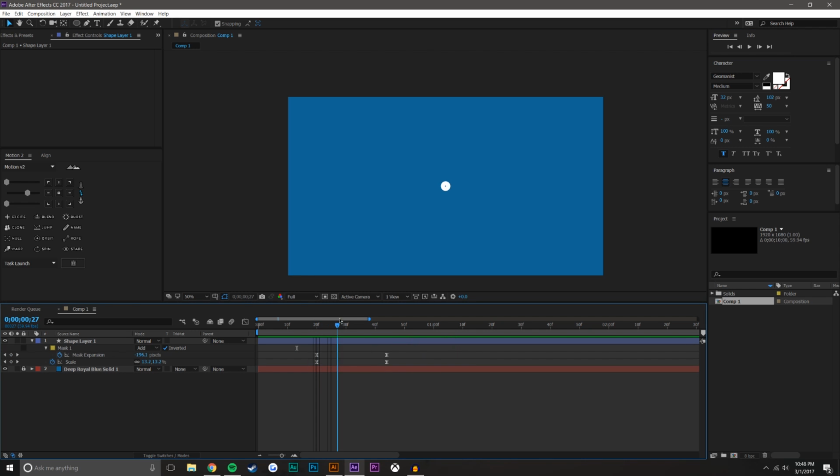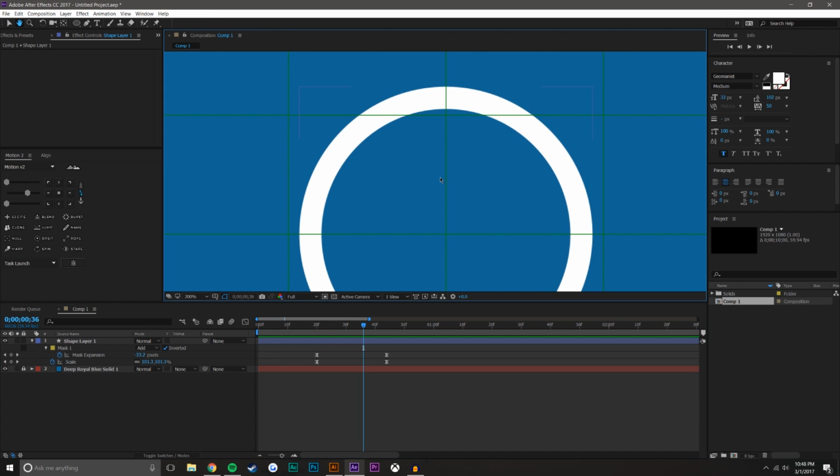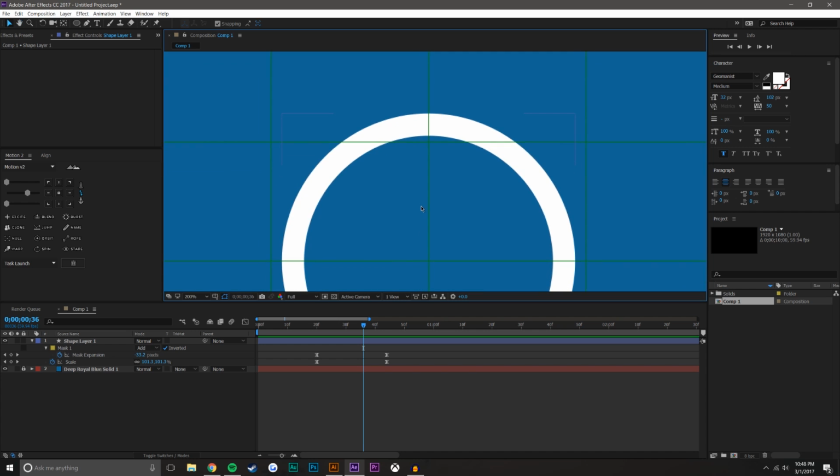So you can see there, it's just a quick little snapping little pop. And what's cool about this is you can do all kinds of different things with this, right? So you could overlay this on something else, or well, I'll just show you what overlaying it on something else looks like. So what I'm going to do is add a proportional grid, and for some odd reason, I can't figure out why, but I need the